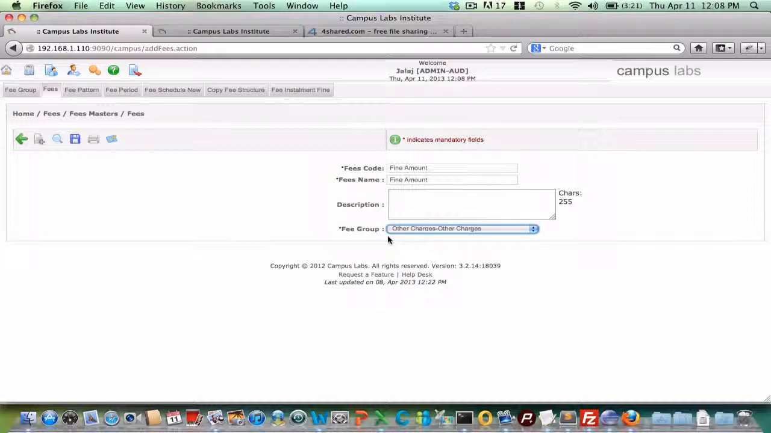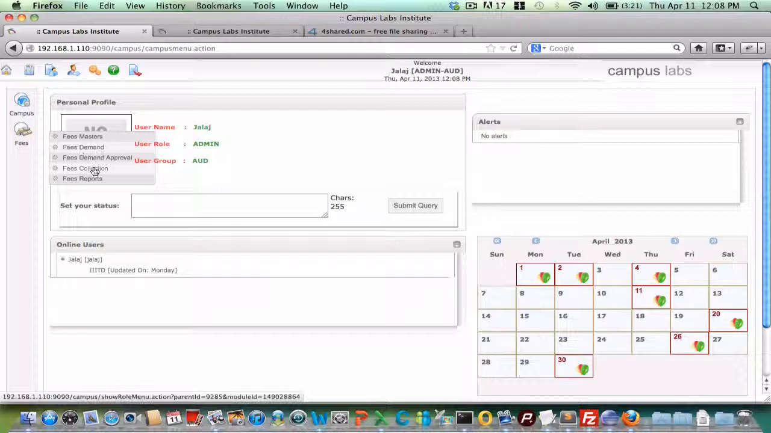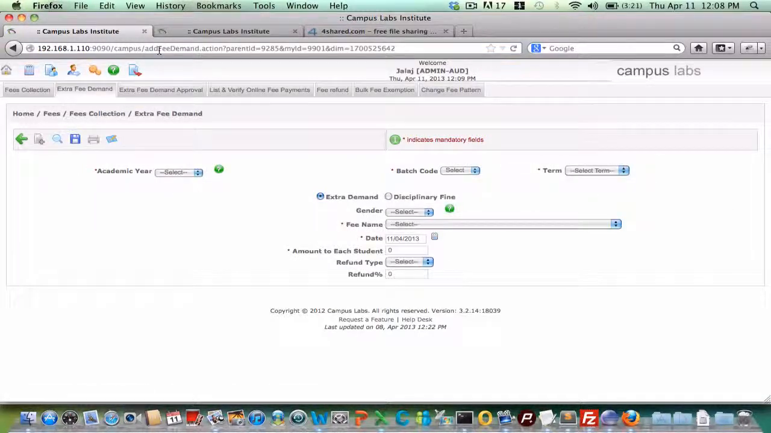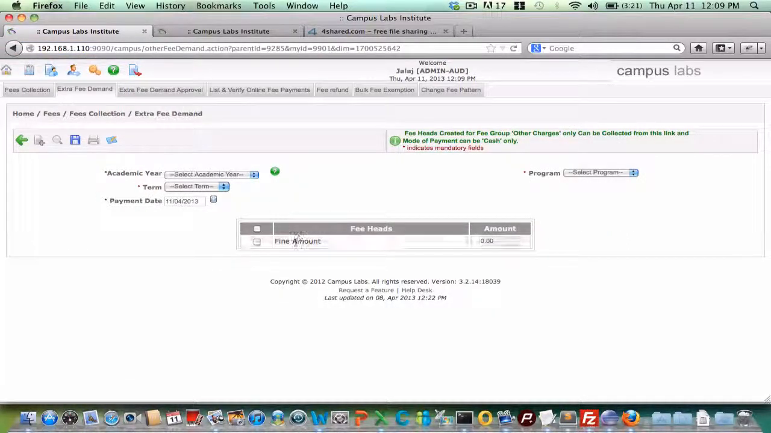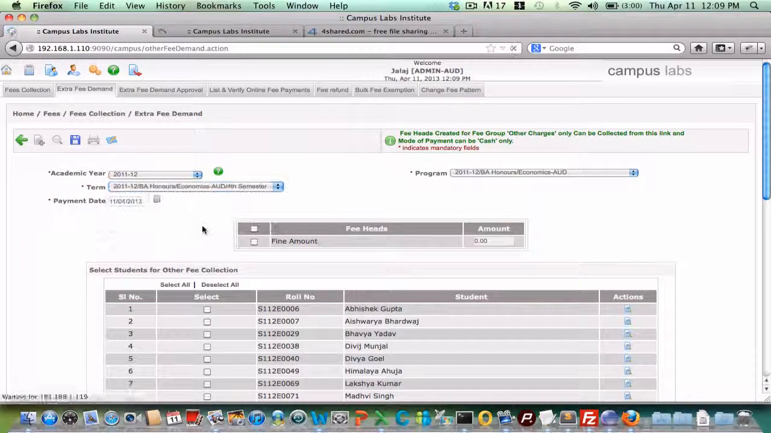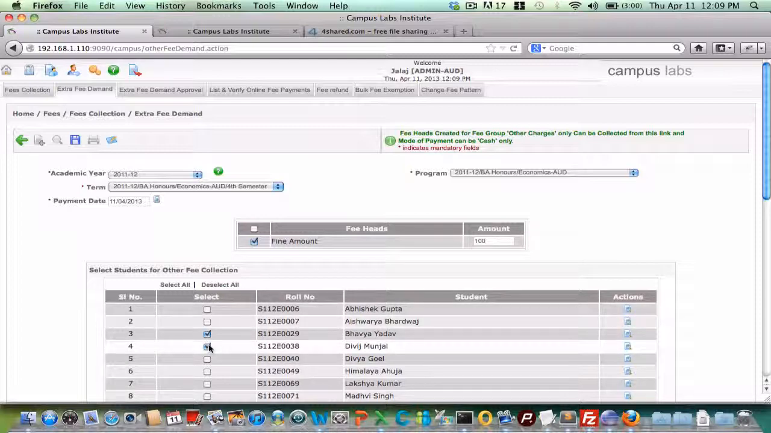Create any fee head against other charges. Now the same will be available at other fee. You can see fine amount is visible here now. Select the fee head, enter the amount, select the name of the student for which you are collecting this amount, the mode of